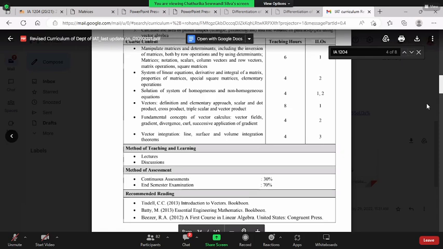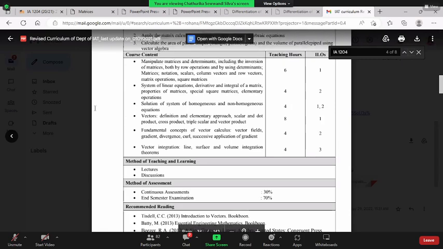Recommended readings are here. You can see 2 books, published materials, which can be downloaded free from the internet. Other than that, any other material on Google is valid. You can find more questions, more examples, more explanations from the internet, and also any other reference books which are relevant to this subject. No limit for that. You can use any reference book for this. There is no limitation. Right.